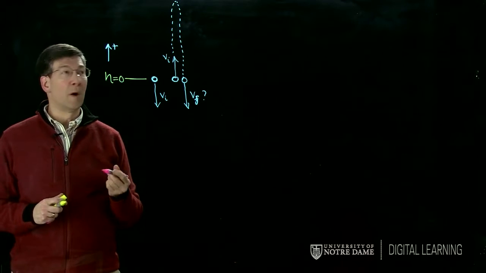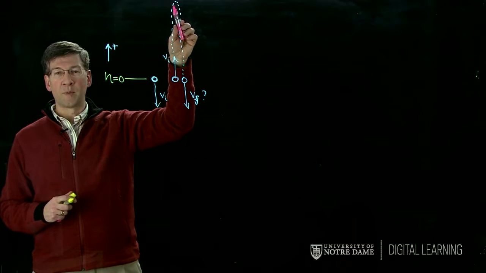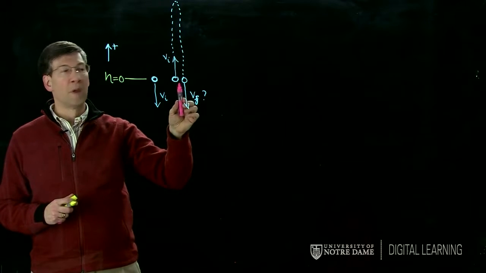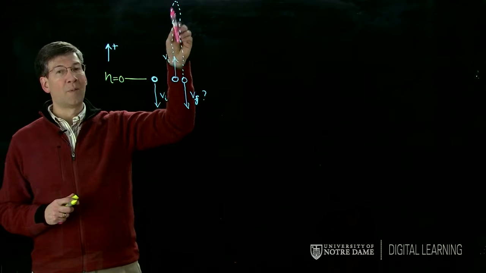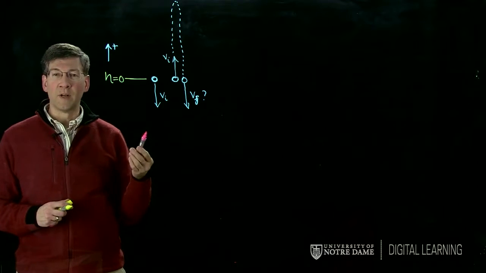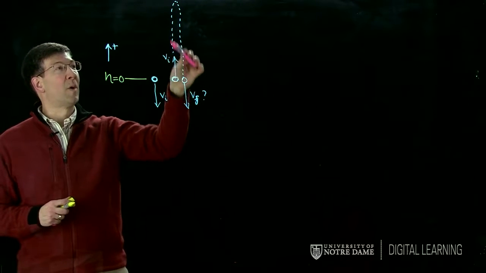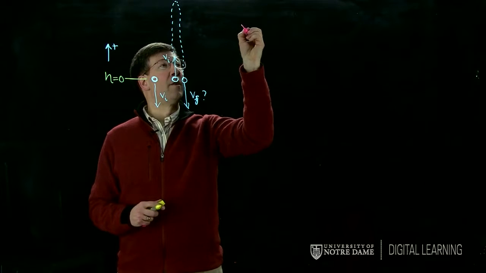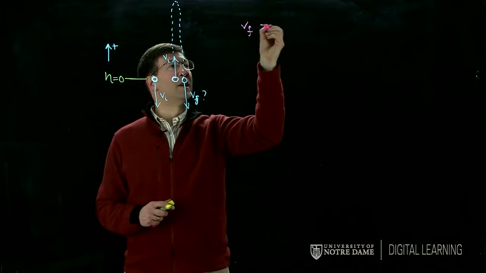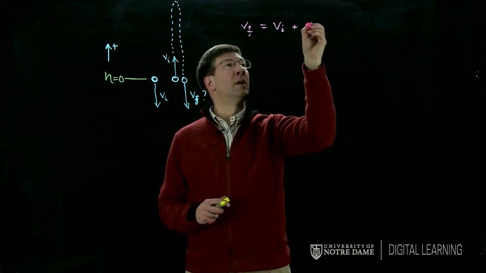One of the things that we know is if I throw something up, when it reaches the top, it stops moving and then comes back down again. So if I compare this velocity here and the velocity at the top, and I know something about the acceleration, I can figure out how long it takes for this part of the motion, just going up and stopping. So we know that the final velocity is going to be equal to the initial velocity plus